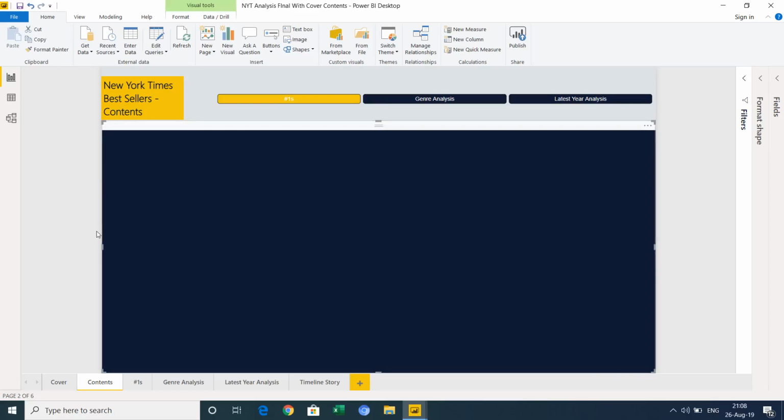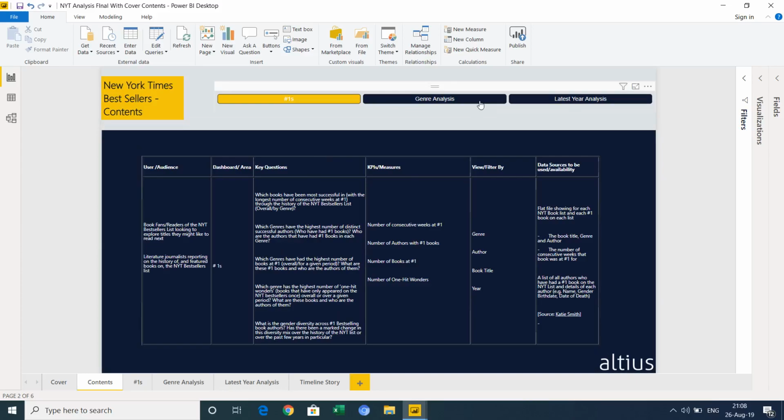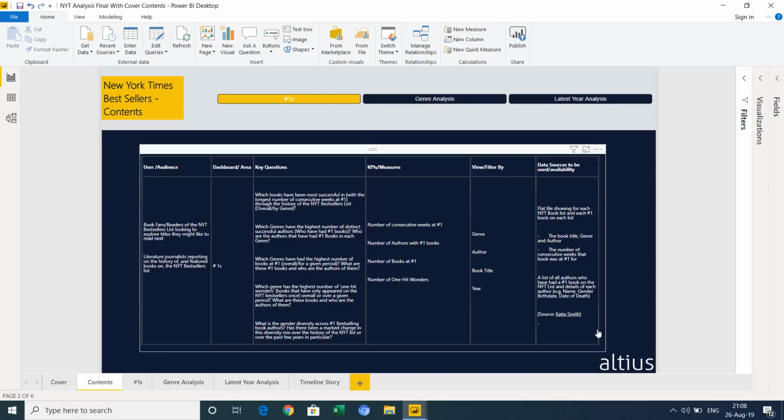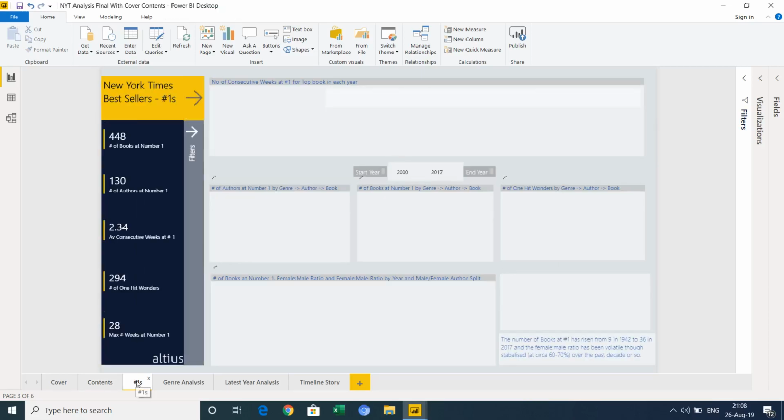As I say, I've done this in a lot of my examples and included it in reports, because it gives people an idea of what they're looking at. Which questions is this report trying to answer? And hopefully it's the same kind of questions they had in their minds when they were coming into this report. We've got it broken down there for different pages.